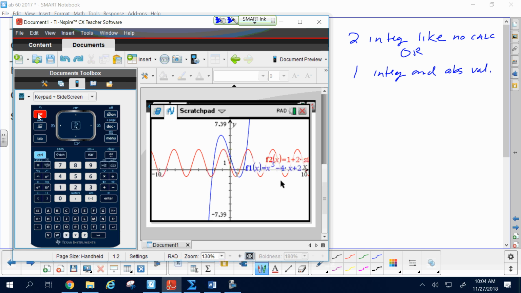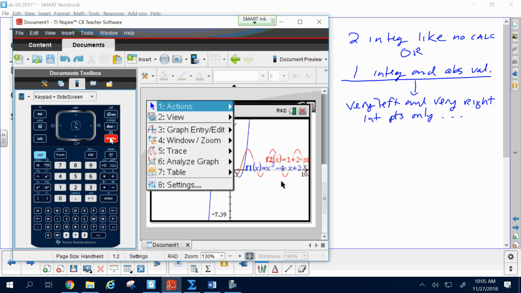Now the absolute value is going to handle the upper minus lower. It doesn't matter because I'm going to take the absolute value of it, it'll make that height positive even though in one region I'm using the wrong upper. So the good news is it doesn't even matter which you use for the upper and the lower. If you do 1 integral and absolute value, then you don't need that middle intersection point. All you need is the very left and the very right intersection points only. Okay? So if you found the left and right intersection points,